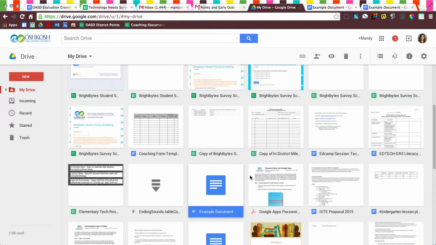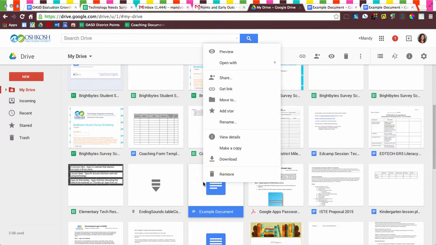Okay, so you've taken your example document and you have added it to a couple different places. And in the process, you found that you have it in too many places and you don't want it anymore. Now, if I delete this example document, it's also going to delete it in my instructional materials folder because it is the same document in multiple places. So I can't just remove it from this area because it will delete it and send it to the trash everywhere. So what I need to do is I need to right click or two finger click on a Chromebook,